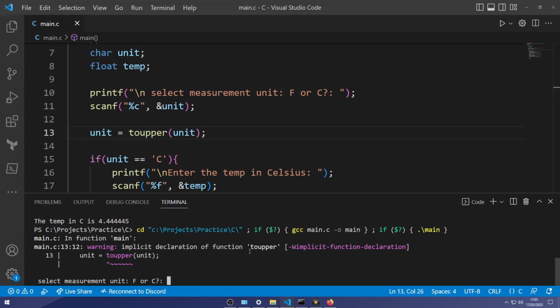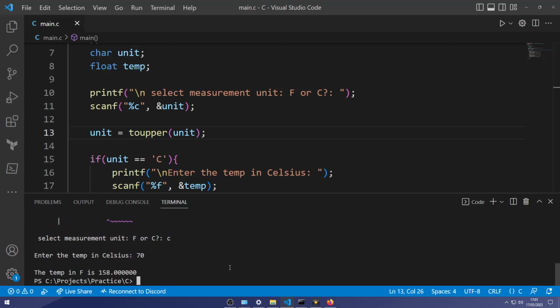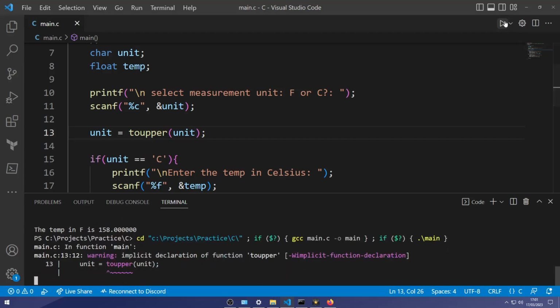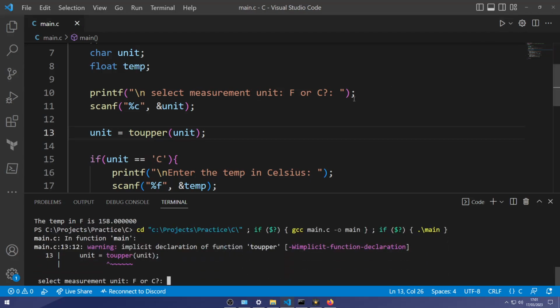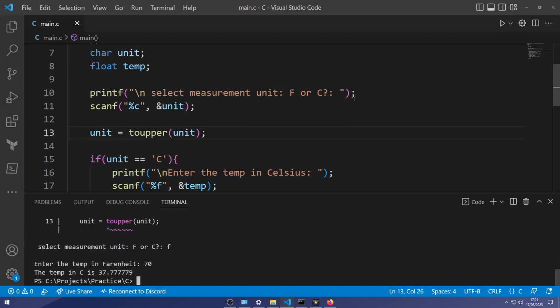So anyways, it still works though. We get a warning, but it still works. Does it work with F? Yeah, F works too. All right.